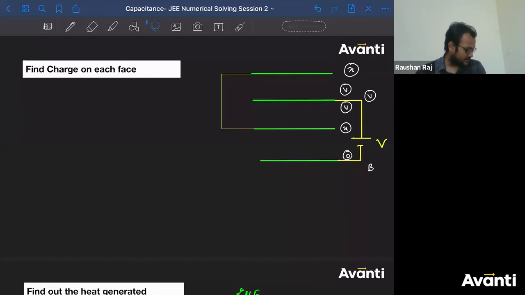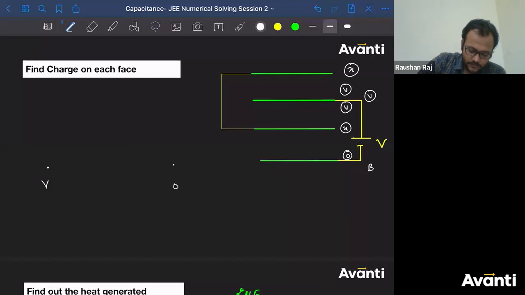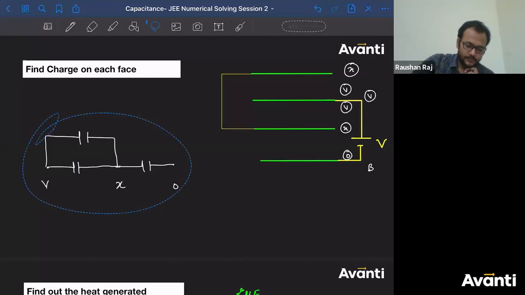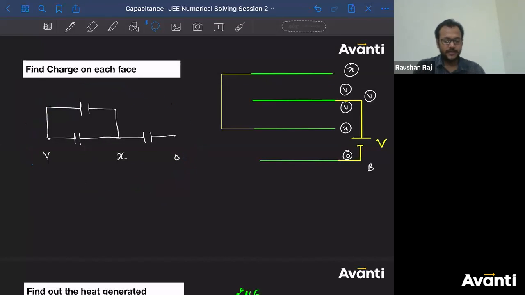ठीक है, टाइम हो गया अभी. मुझे जल्दी आंसर करना है. ठीक है, देखो तो पहले सर्किट बना लेते हैं. राइट, दिस इज V, दिस इज 0, दिस इज X and V, first one. Second one, V and X. Third one, X and 0. Alright, कहानी खत्म. ये तो सिंपल सी बात है, समझ में आ गया यहाँ सबको. V by 2 भी नहीं होगा. ठीक है, बहुत बढ़िया. इसको तो बिना चार्ज कंजर्वेशन से भी निकाल सकते हो.